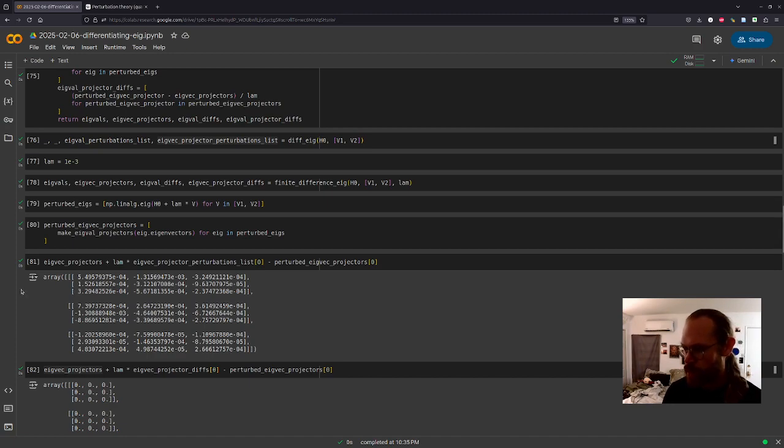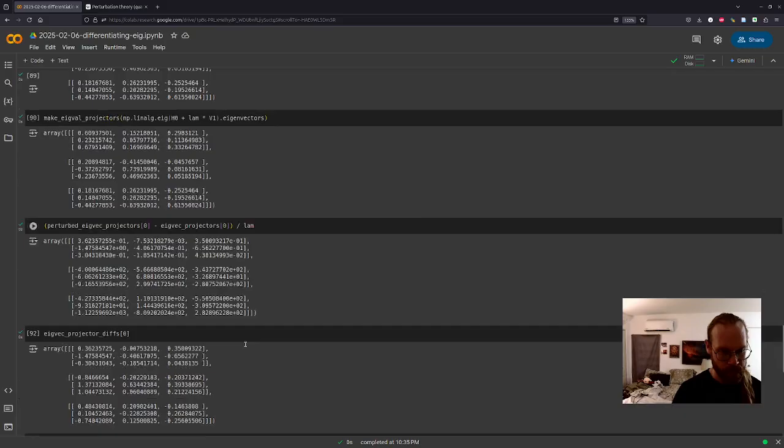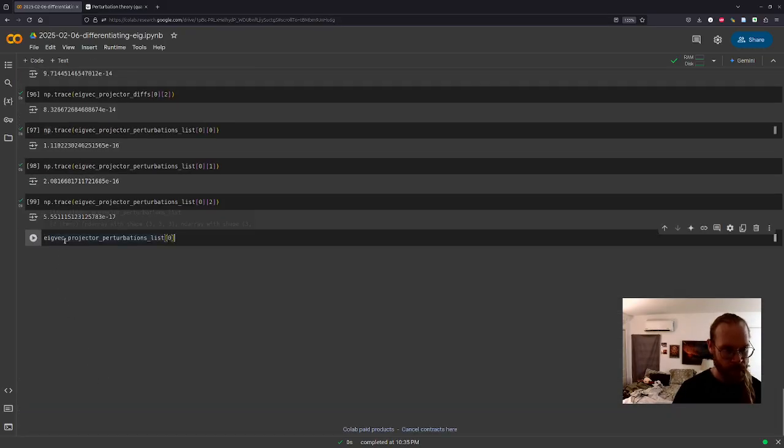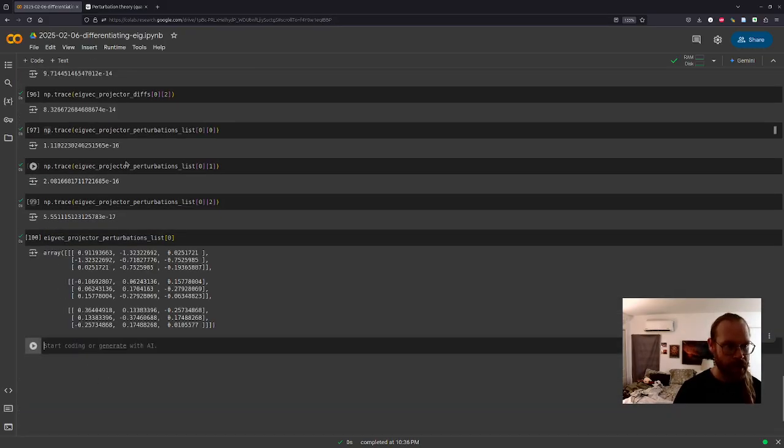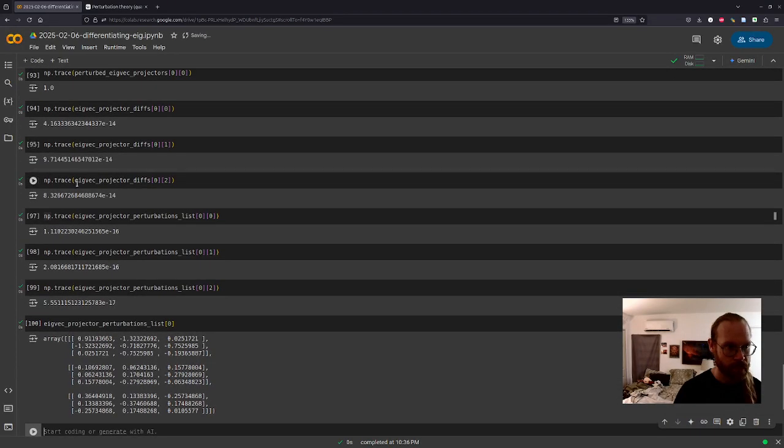I wonder what these perturbations look like compared to one another. So I'll grab this guy, look at that compared to this guy.